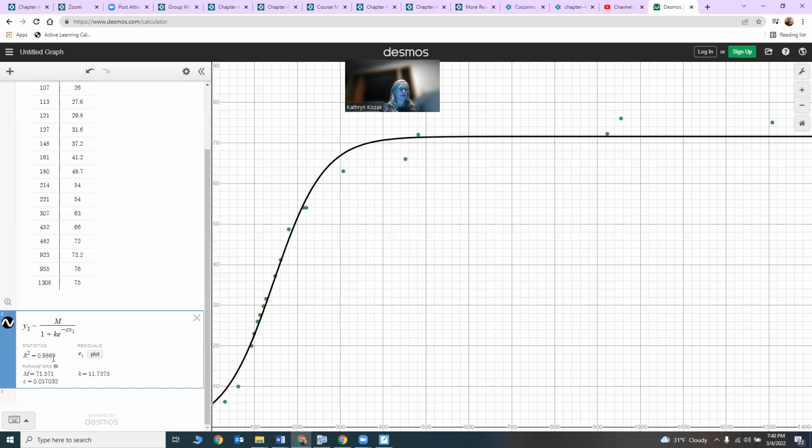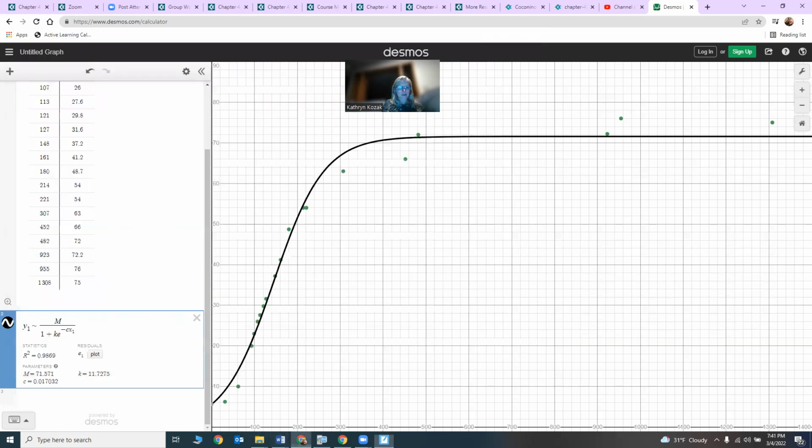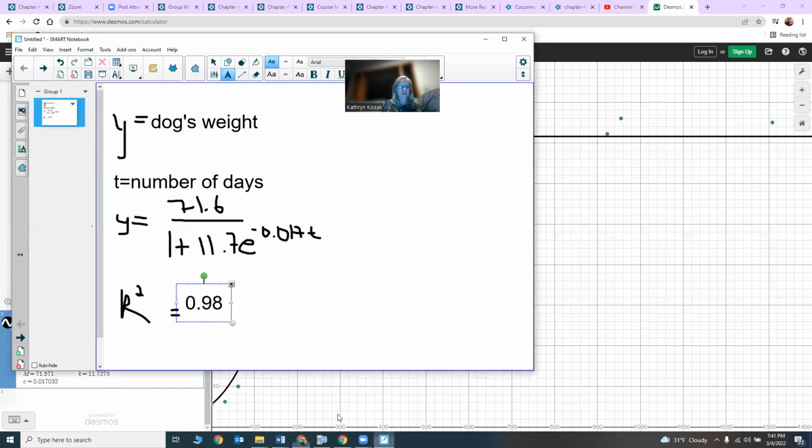It's 0.9869. So over here, I can write down now that my R² equals, and again, I'm going to type this so that you don't have to see my bad handwriting. I can't remember what I just said it was, so let's go back and check Desmos again. It's 0.987, let's call it 0.987. And what this means is we also want to explain this value, and it means that